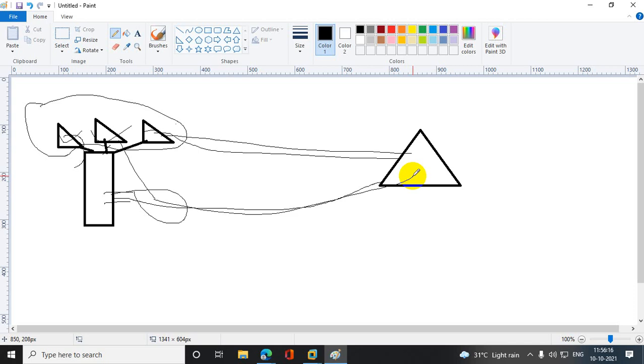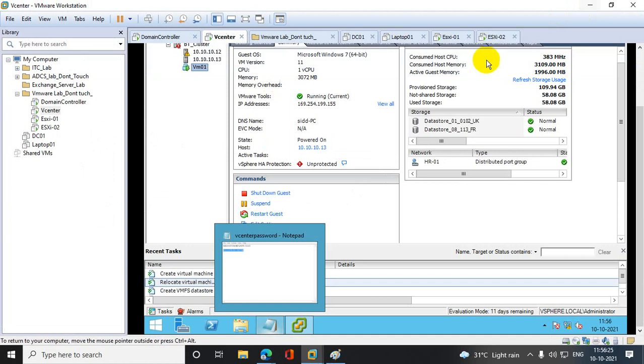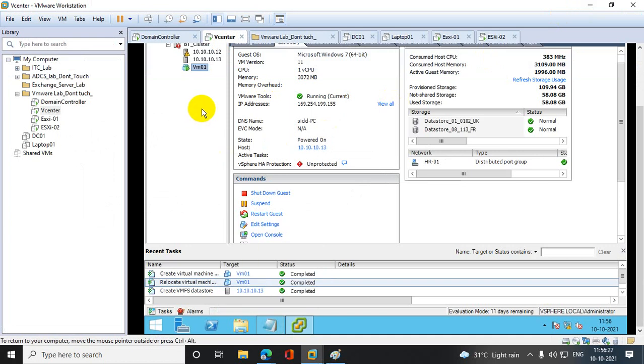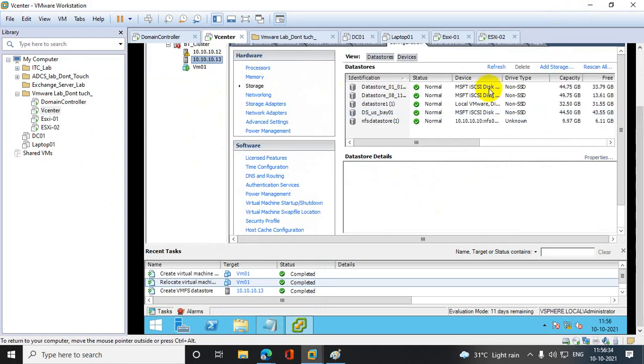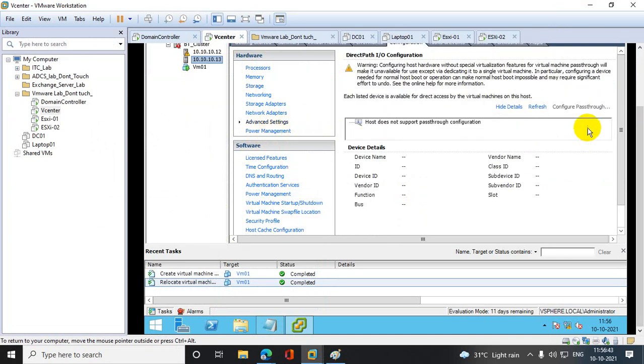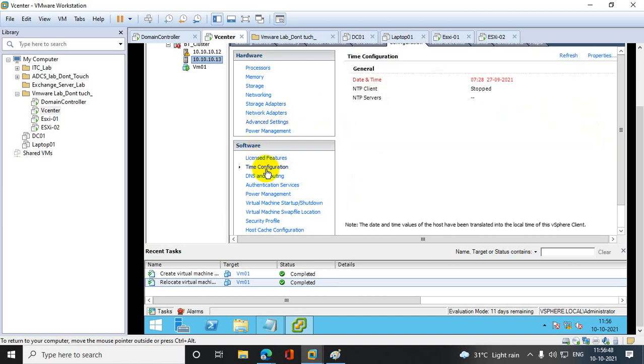Now I am going to show you how your ESXi gets time from your domain server. Select any of the ESXi servers and go to configuration, then advanced settings, then time configuration.